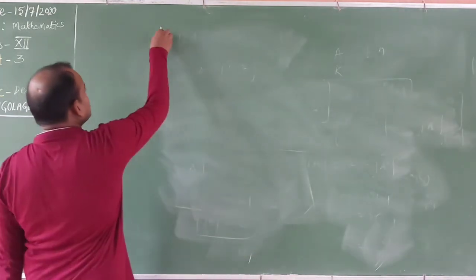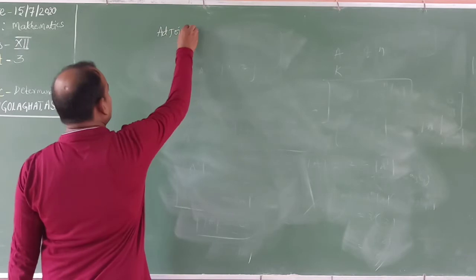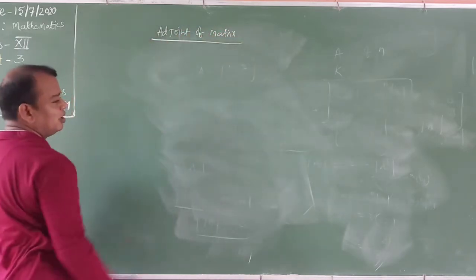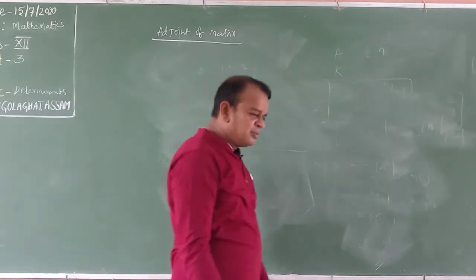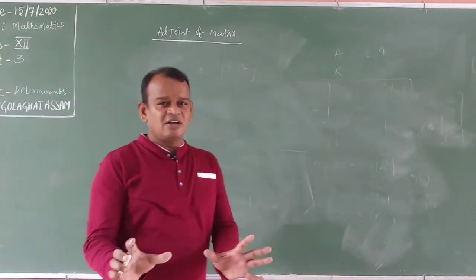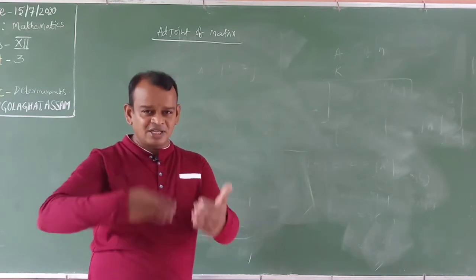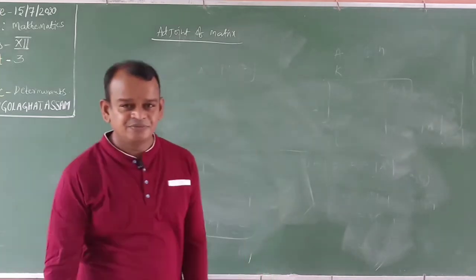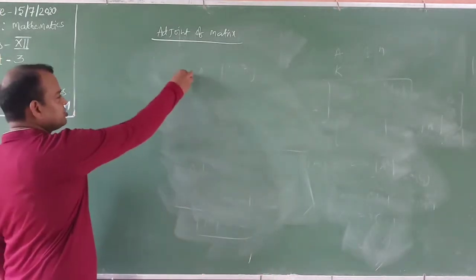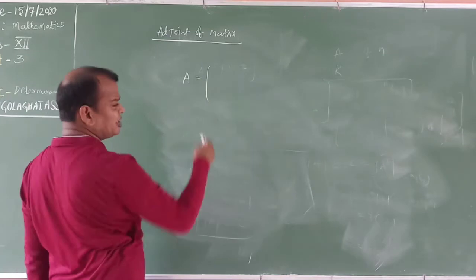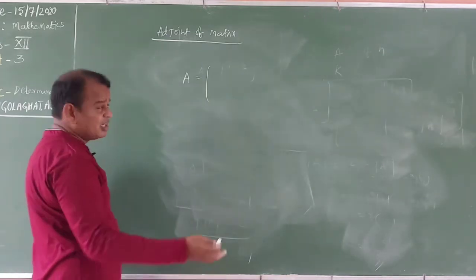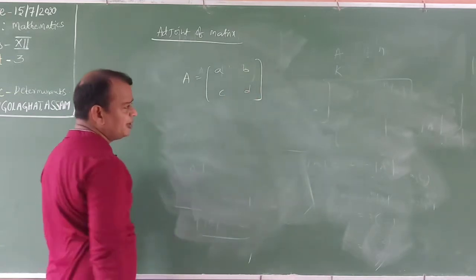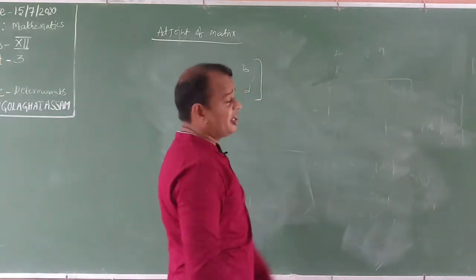Now what is the adjoint of a matrix? For the adjoint of a matrix, first I will explain with an example, and after that I will make the definition. First, one matrix is given. Suppose we take A as a 3 by 3 or 2 by 2, whatever it may be. First of all, you will take both the 2 by 2 and the 3 by 3. First of all, we will take the 3 by 3, no problem at all.